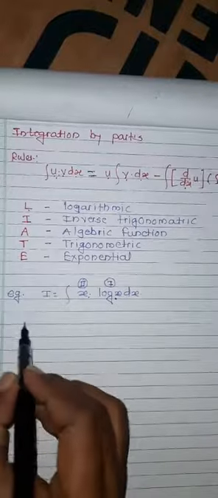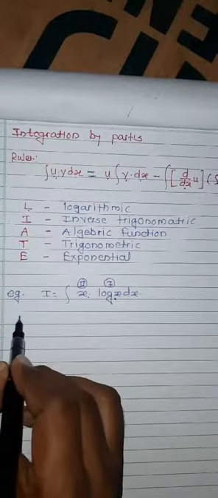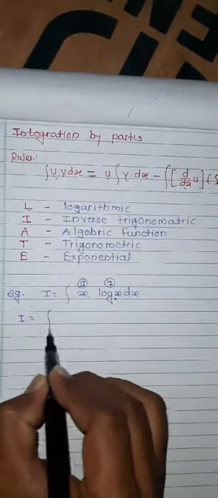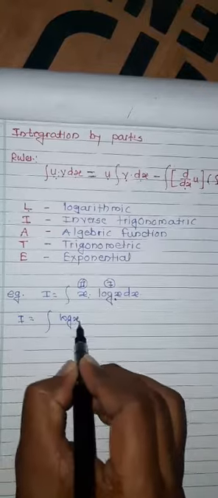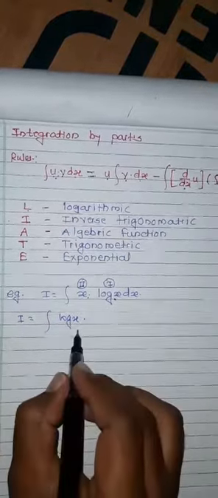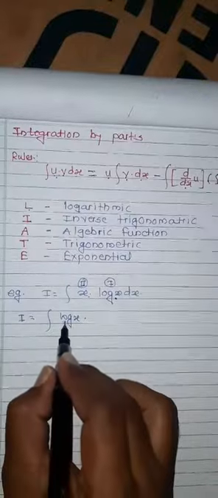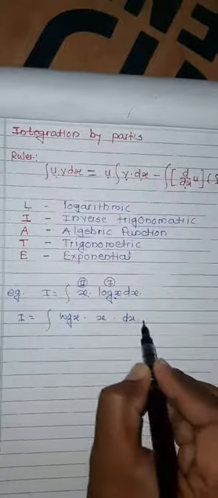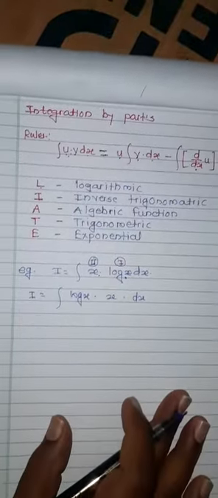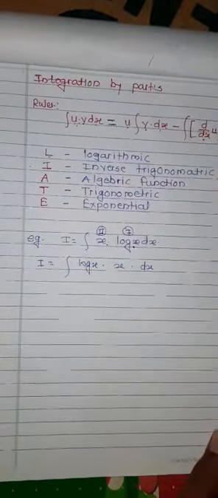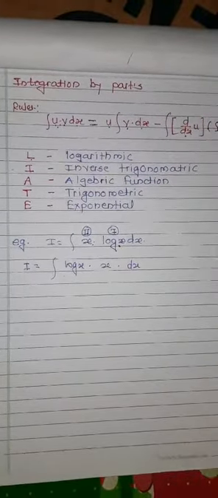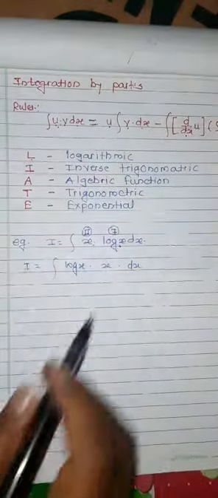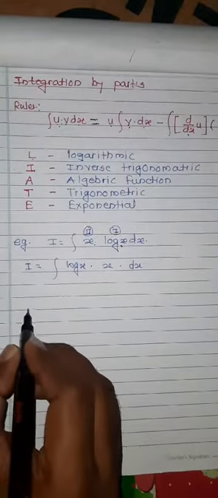It is not essential to write it like this, but we write log of x as the first function. For the solution of this problem, I write the first function at the first stage and then x into dx, which makes it easier for students to understand. Now we have to discuss the solution. First of all, we have to use the above rule.